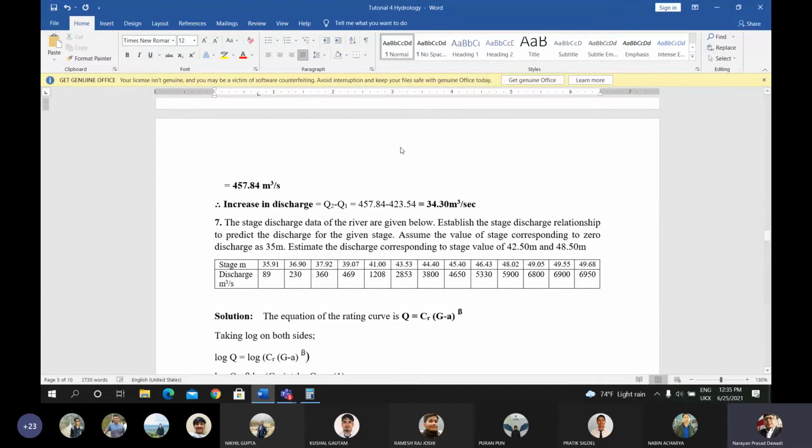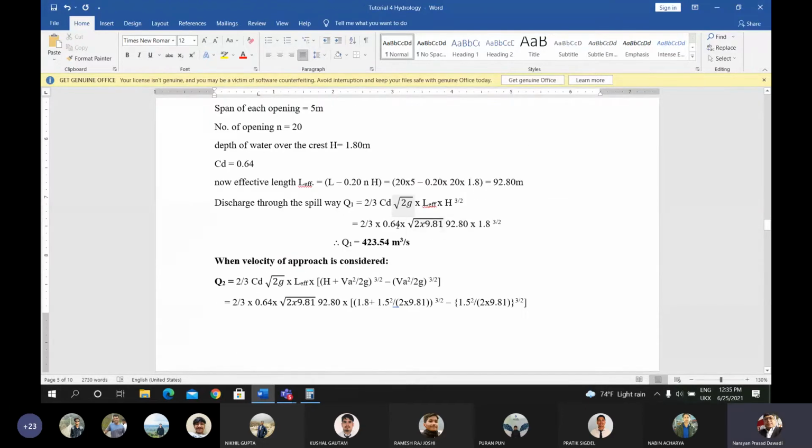This is the answer. You have to understand this is the discharge formula used for hydraulic structures. If V naught is used, then Q is equal to 8/15 CD under root 2g H to the power 5/2. Okay, that is the formula for the triangular notch or triangular crest. You can use that formula. For the rectangular crest, 2/3 CD under root 2g L H to the power 3/2.